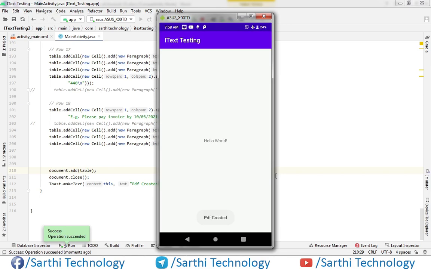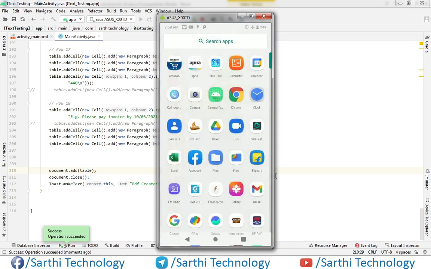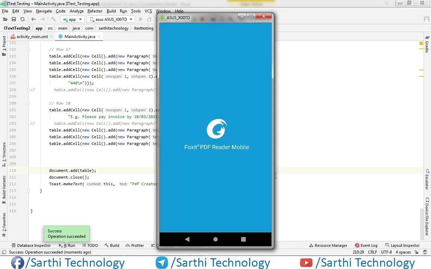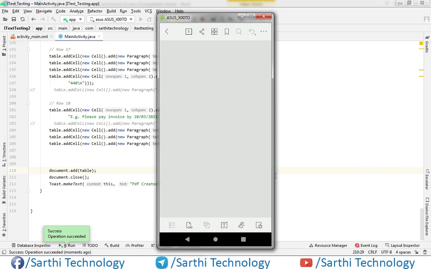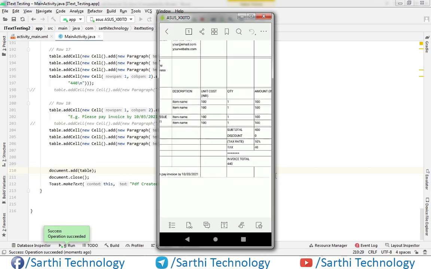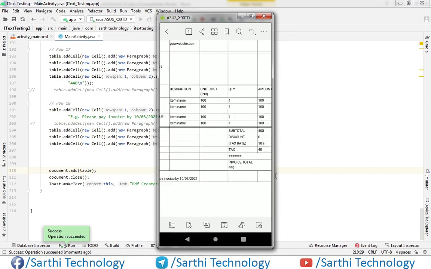And here the PDF is created, so let's open the PDF.